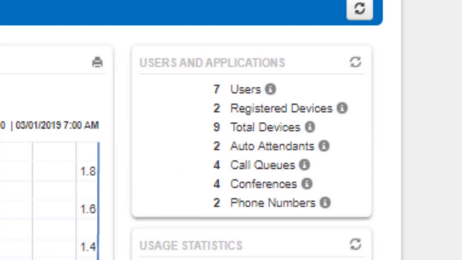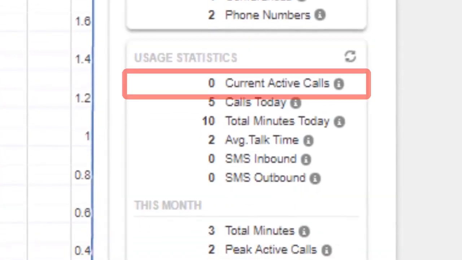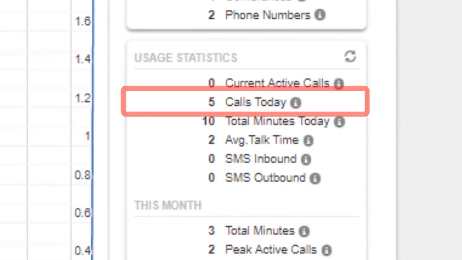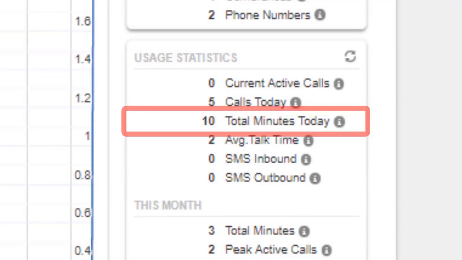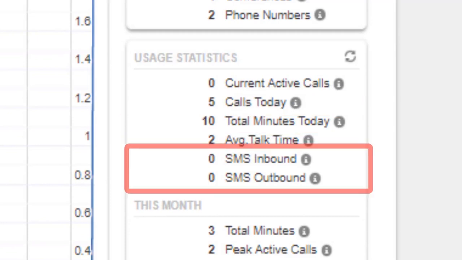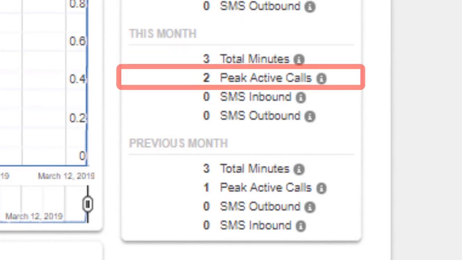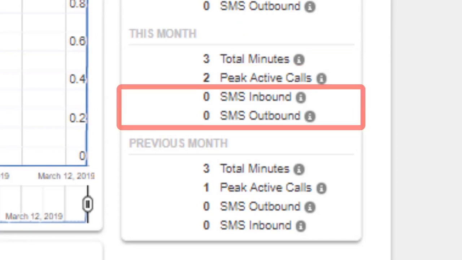numbers. Below, you will see the usage statistics, which show you how many active calls the domain currently has, how many calls total were made today, the total minutes used today, the average talk time, how many inbound and outbound SMS messages have been sent from the domain, total minutes used for the month, the highest number of simultaneous calls or peak active calls, and finally, how many inbound and